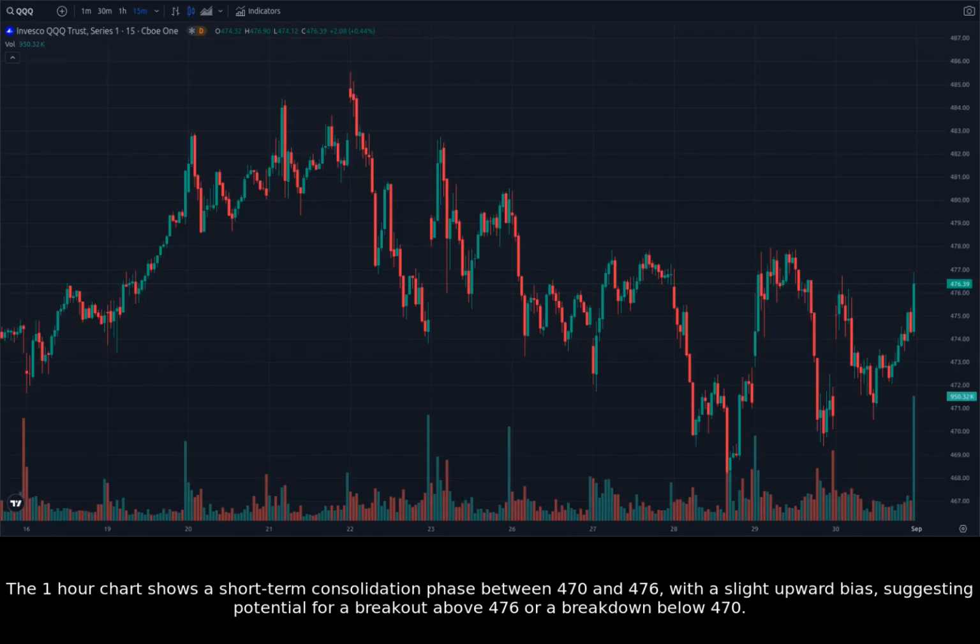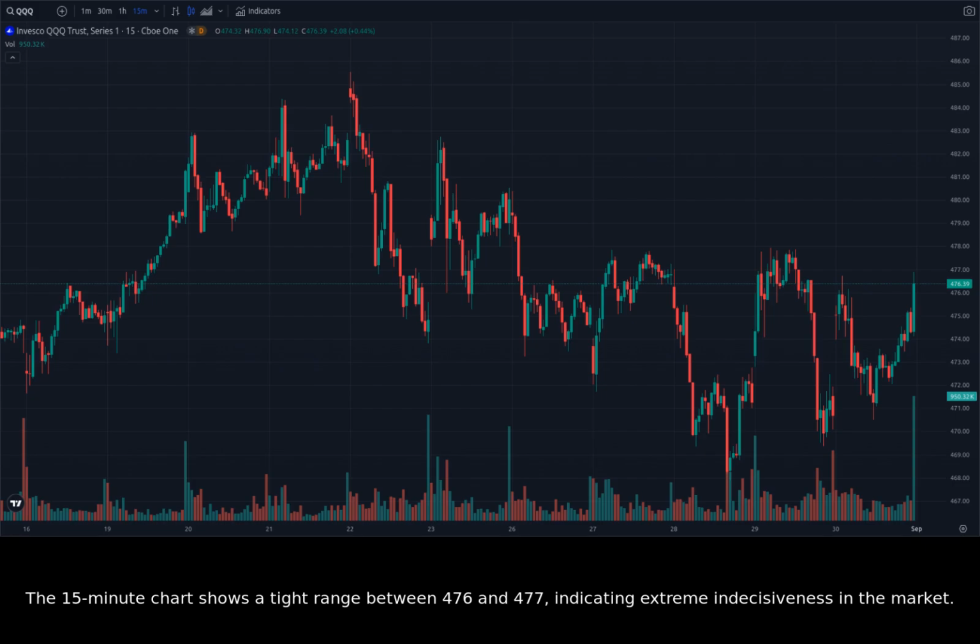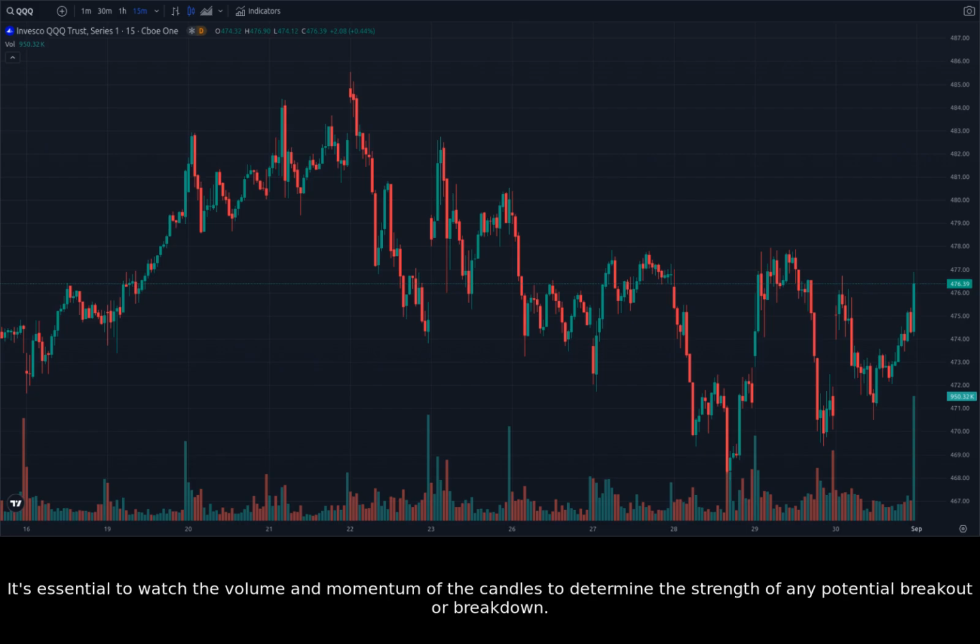The 1-hour chart shows a short-term consolidation phase between 470 and 476, with a slight upward bias, suggesting potential for a breakout above 476 or a breakdown below 470. The 15-minute chart shows a tight range between 476 and 477, indicating extreme indecisiveness in the market. It's essential to watch the volume and momentum of the candles to determine the strength of any potential breakout or